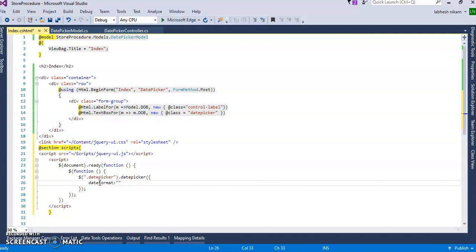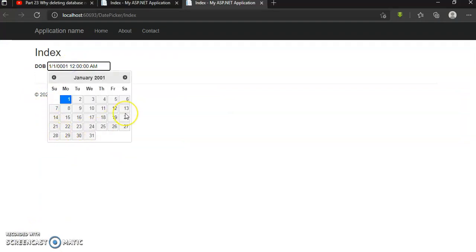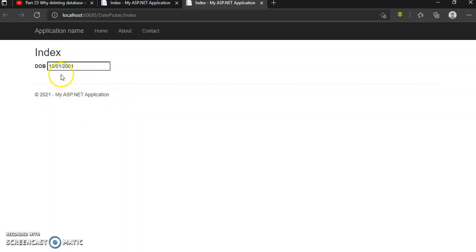Suppose you need dd YY, then the calendar view will be shown in this format. So I am running the program now. As you can see here, when I click on this text box, it shows the calendar. When you select any date, it will display in the same format you have written there, okay.